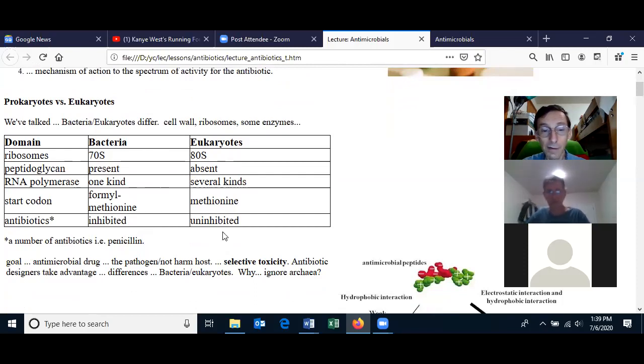alone. Now, we don't have any antibiotic which is 100% selectively toxic, and the main reason for that is that we have a lot of bacteria as part of our normal microbiota, and whenever you take antibiotics, you're going to disrupt the normal microbiota. Okay? So there's none that's 100% selectively toxic, but there are some which are fairly selectively toxic. And we've just discussed a lot of them.